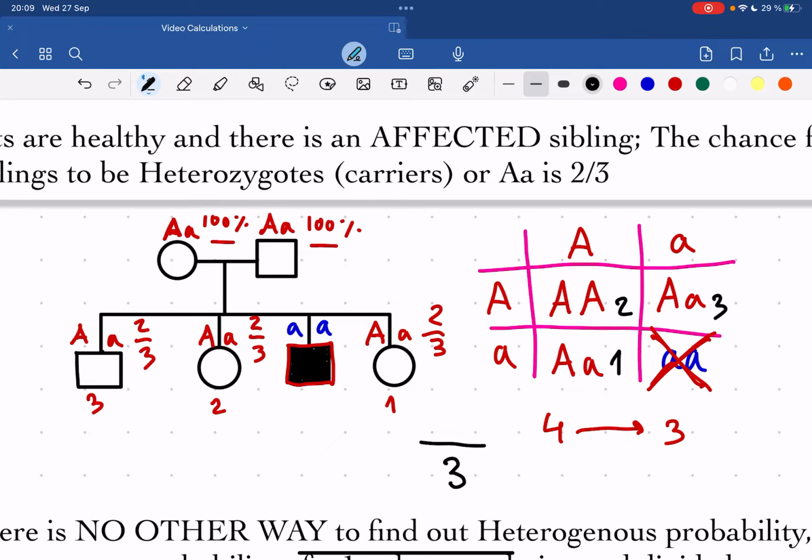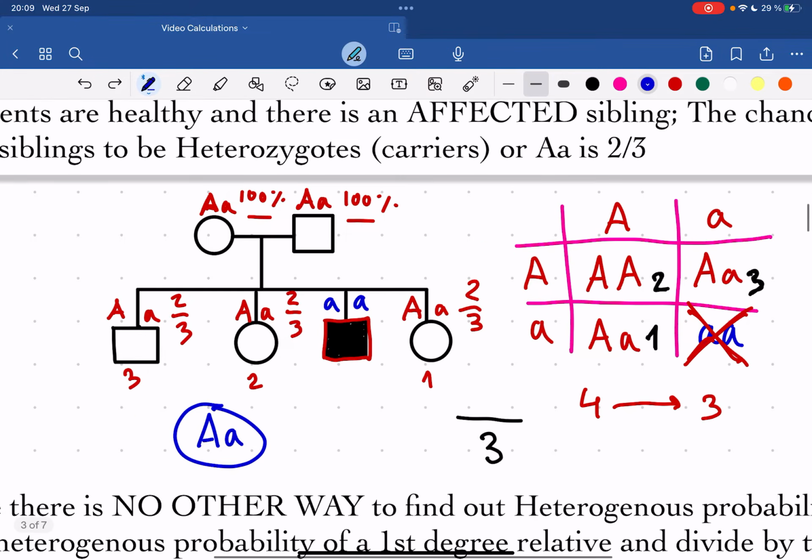Okay, where was I? Yes, the denominator would be 3 because we have 1, 2, and 3 options. Now we look at the possibilities for these kids to have a heterozygous allele. Okay, that's what we're all interested in. We're not interested in them being dominant because that would just not be something of interest. We're just interested in how this little recessive allele travels from generation to generation and if it would affect a